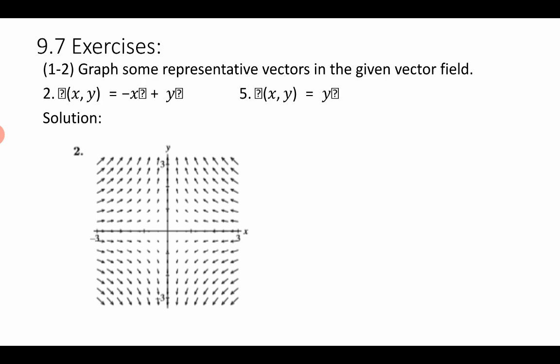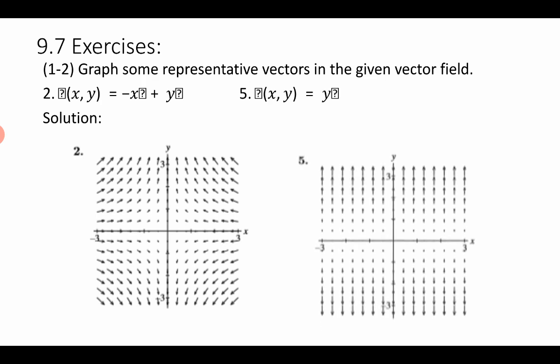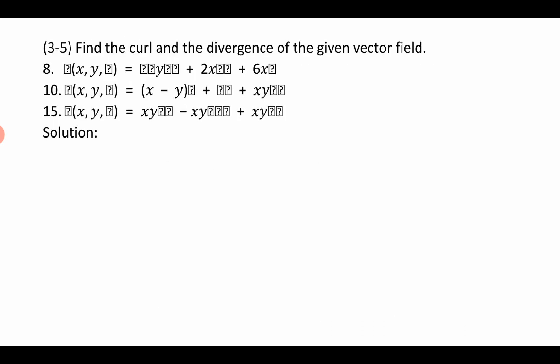For the second problem also there is a drawing, you can check. The third is tough to solve. Okay. Find the curl and divergence. You know the idea, so I am not going to solve all the problems. Curl means cross product, del cross f. Divergence can be found by using the dot product. So for a sample, let's see one problem. And these questions are not clear.